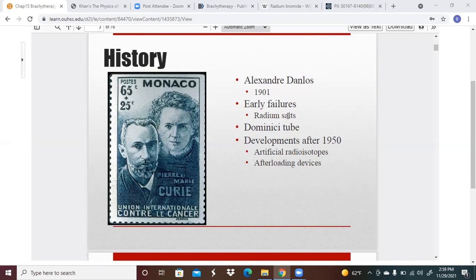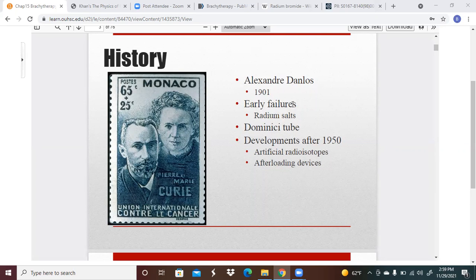Now, the problem, at least back then, with radium salts is the fact that the material wasn't a lot of it. And you had to be careful how you handled these things because, under the right conditions, if you had a crystal lattice, the alpha decays would actually weaken the lattice, and you could get explosions, which, in an operating room, is not exactly what we're looking for. So